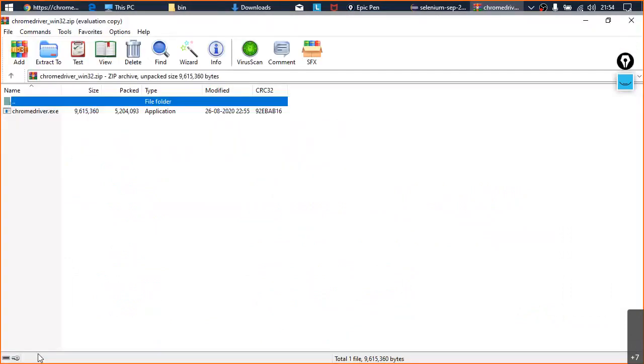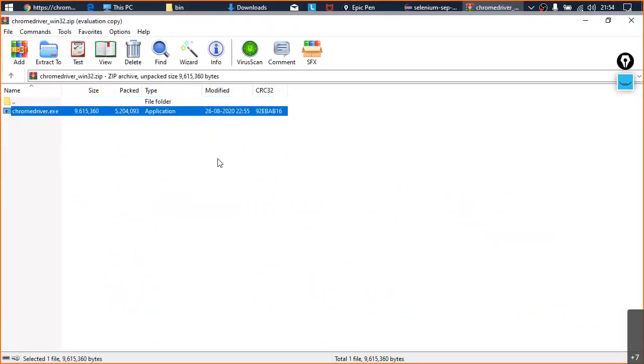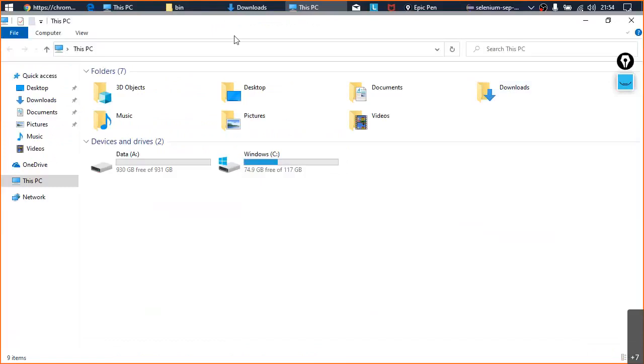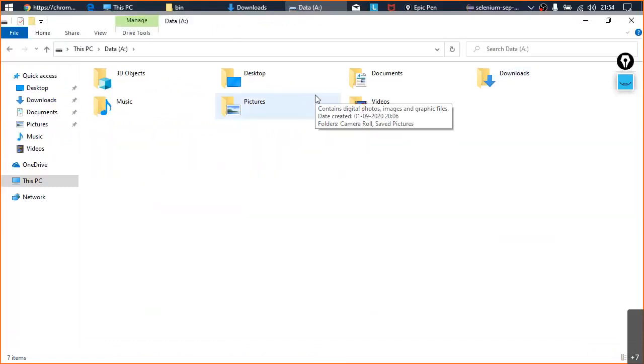Once you have downloaded this zip file, you need to extract it. It is a zip file, so Windows will be able to open it directly. Mac also opens it directly, and Linux also opens it directly. Copy this file, and here is where we have to extract it. So choose a directory, right? For example, I'll choose this directory here,